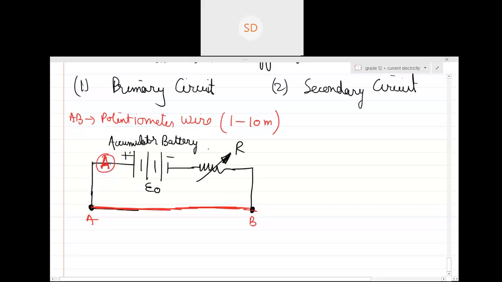So this ammeter will measure the current flowing in the primary circuit. Yes or no? Is it clear? हाँ. So basically ये वाला अब in the second part, what do we do? We have this secondary circuit. So basically a secondary circuit is